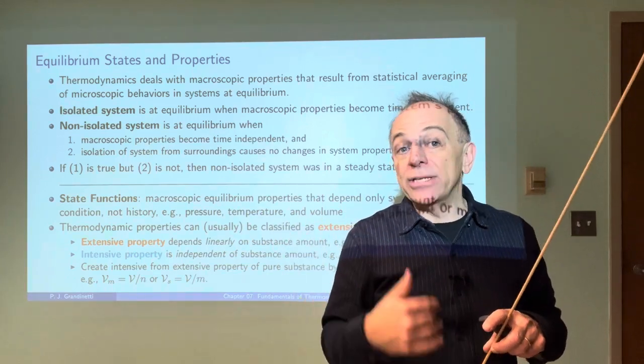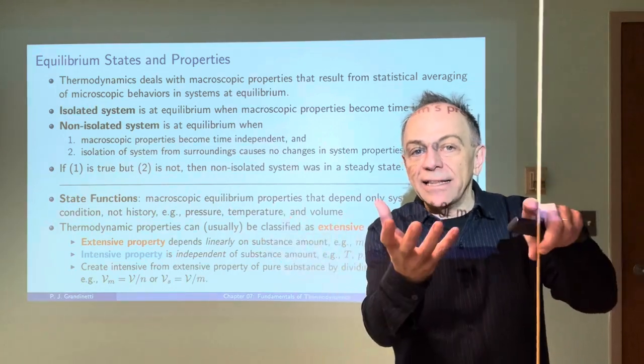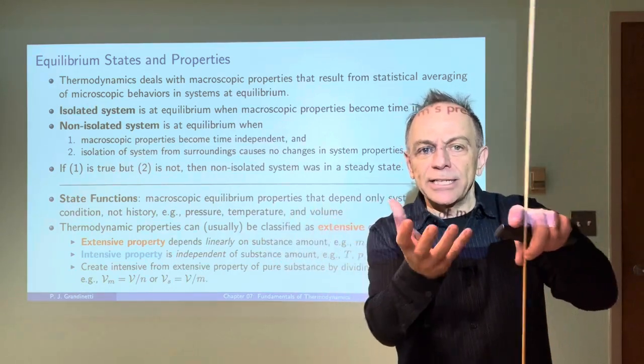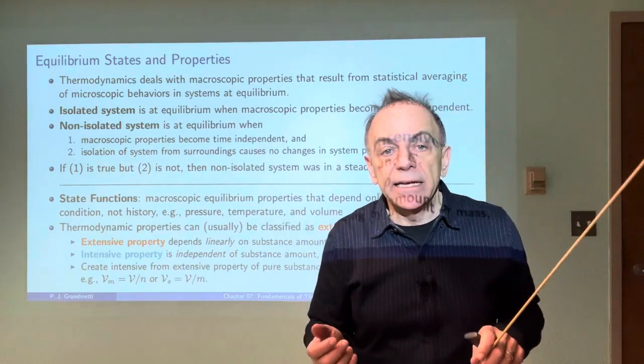Whereas intensive properties are independent. So as an example, temperature or the density is going to stay the same when you double the amount of material if they're two identical systems that you bring together. There are properties that are